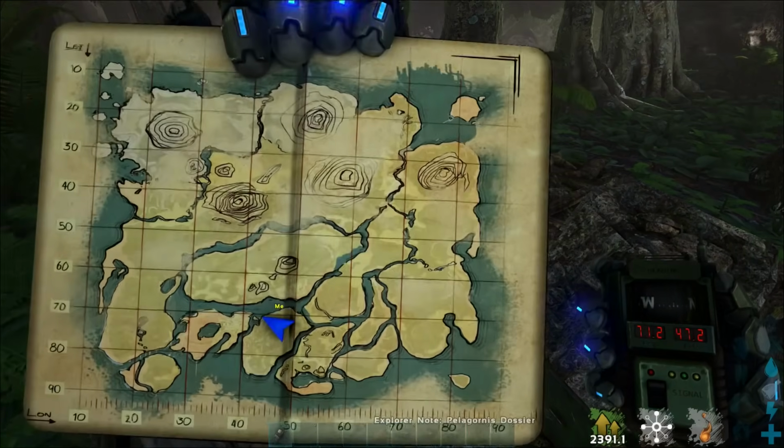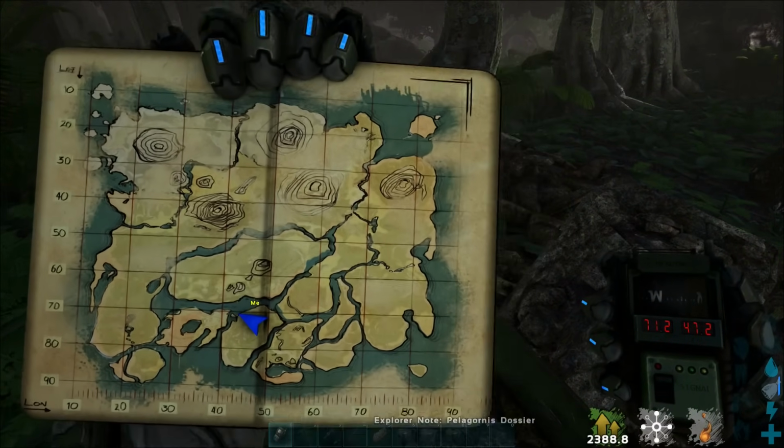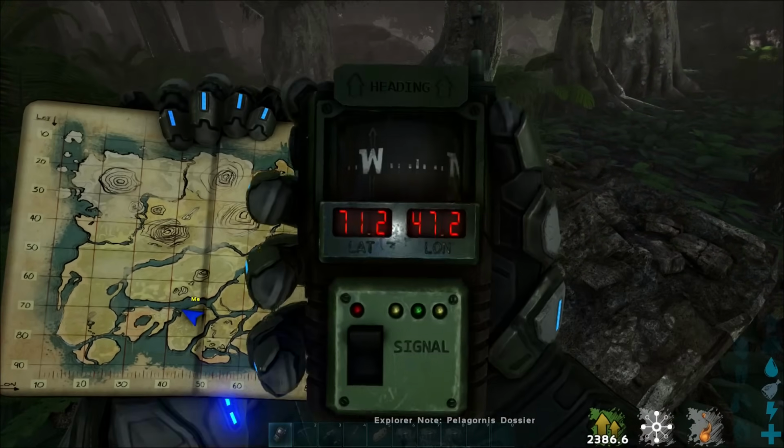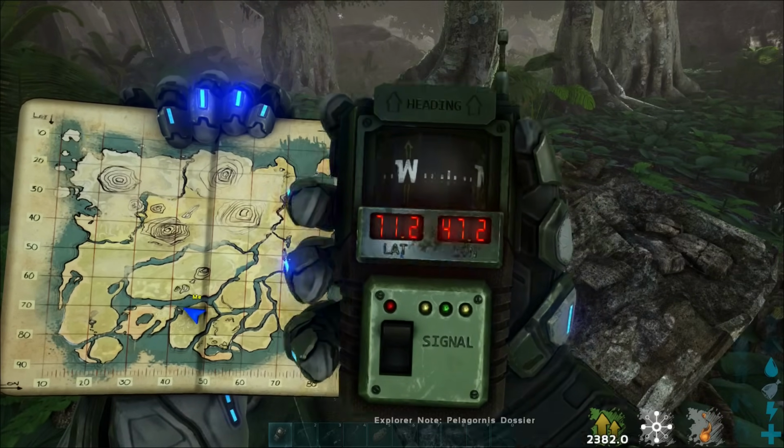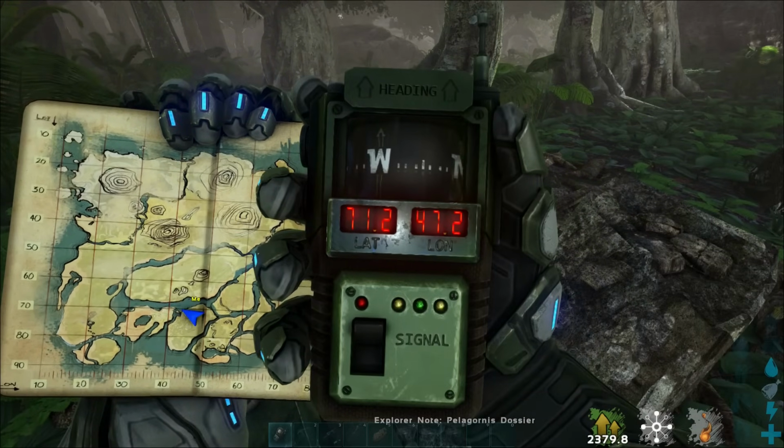But within that ruin, again, we have another explorer note. Here is the map location, and of course here we have the GPS coordinates, which are 71.2 by 47.2. Alright,